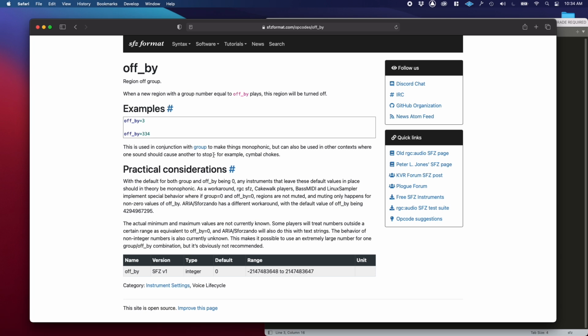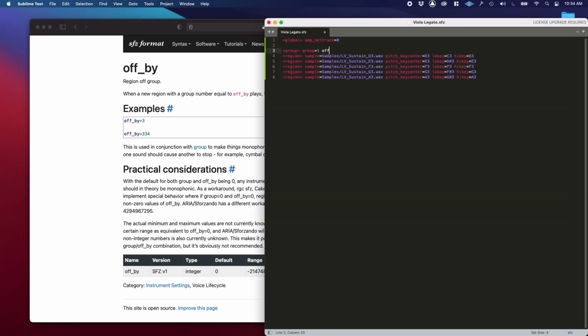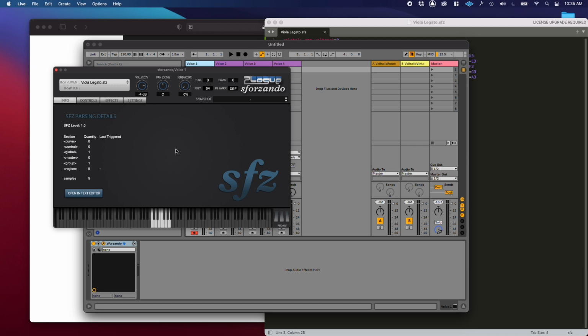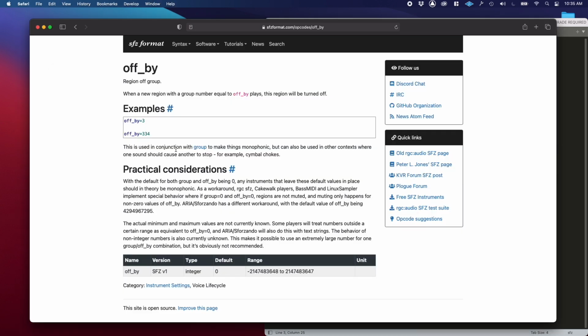In this case, we're going to use the same group number, 1, which means that the group is self-muting. Every time the engine triggers one of these samples, it silences any other samples that might be playing within that same group. So now I'm going to play the notes again. It's impossible to play chords now because we have a monophonic sample library. So that's cool. That's exactly what we wanted,